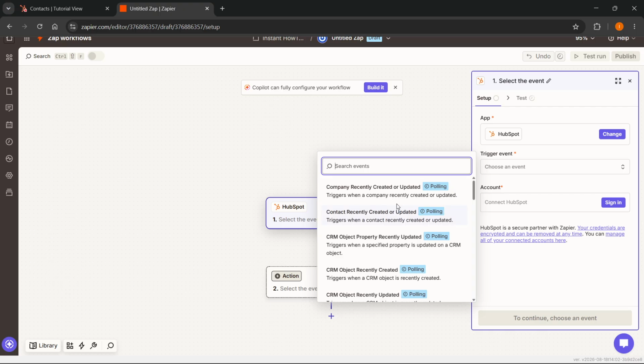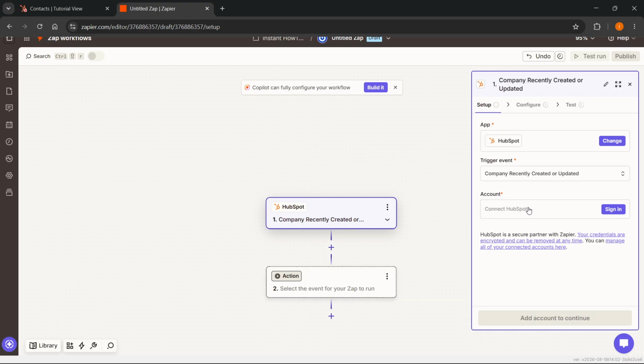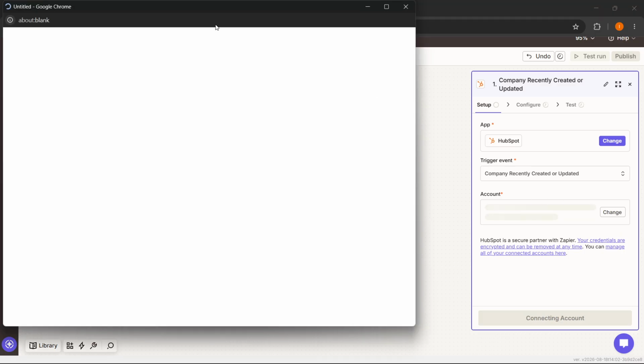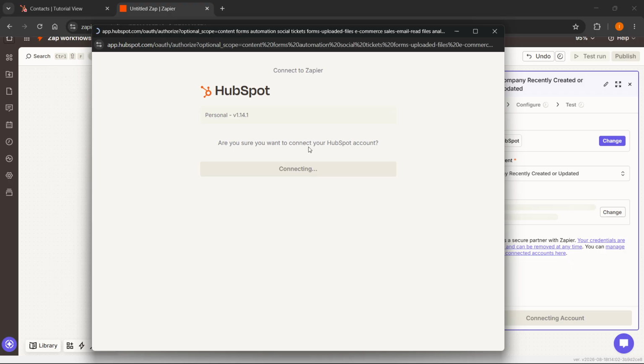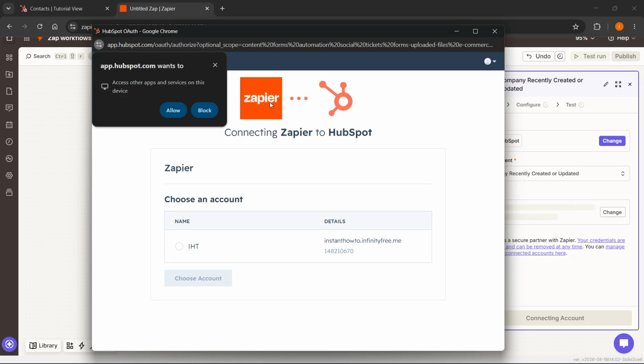So I'm actually going to do, for example, company recently created or updated, and here under account, you want to connect HubSpot. Just click on it. It's going to give you a pop-up. Click on connect. You may have to sign into your account if you're not signed in just yet, and then